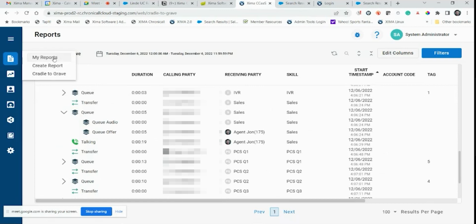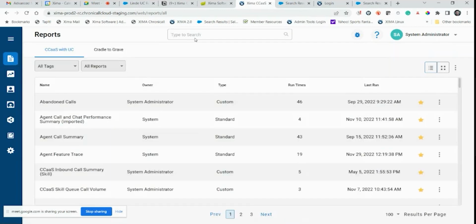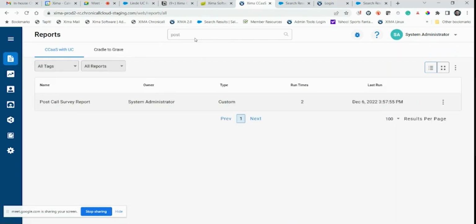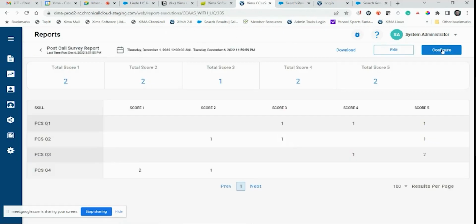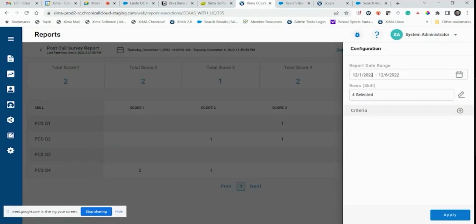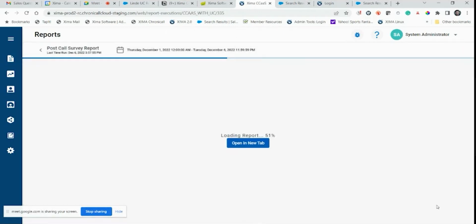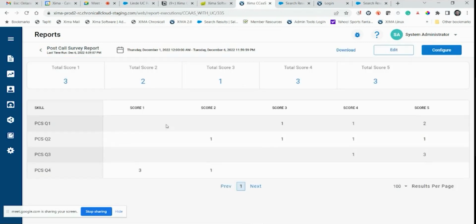So for an example, I built this simple post-call survey report just showing all the different results. So if I wanted to run this for today or the last week, it will have the call that I just scored. And here you can see post-call survey 1. And again, you can name them whatever you want to make them more defined. In this example, I just labeled each question post-call survey question 1, question 2, but I could have called this skill,